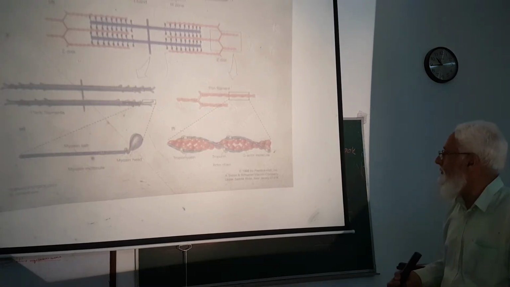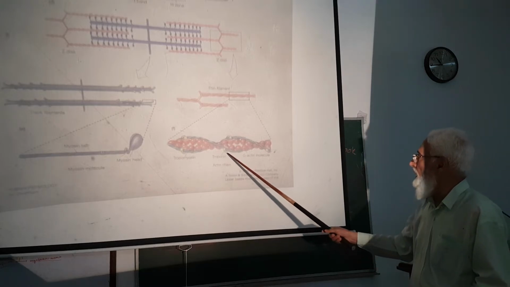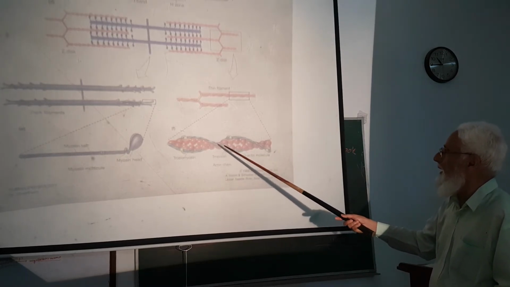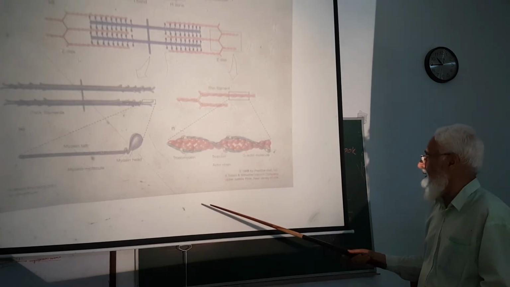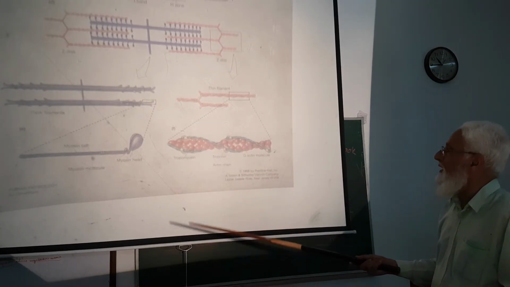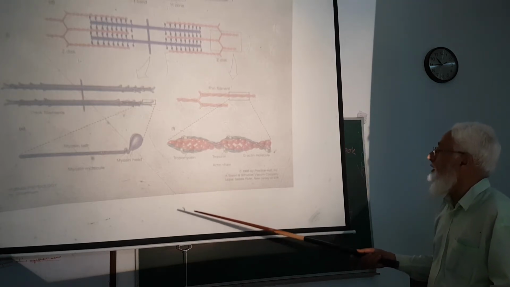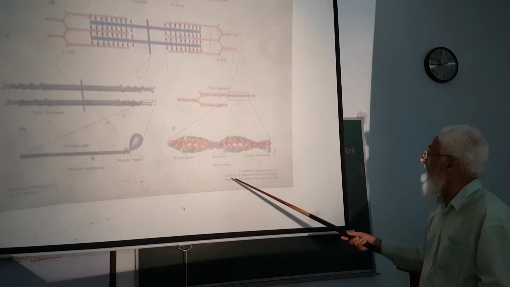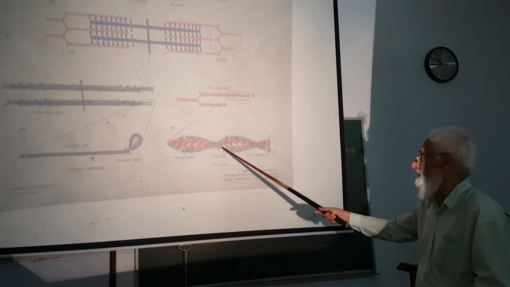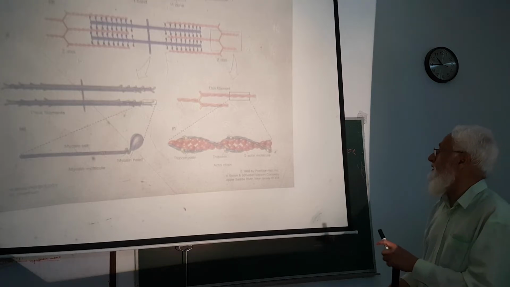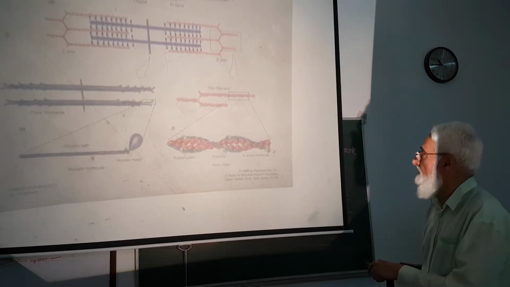So troponins consist of three subunits. Troponin I has affinity for actin. Troponin T has a strong affinity for tropomyosin, through which troponins are attached to tropomyosin. And troponin C has a strong affinity for calcium ions.